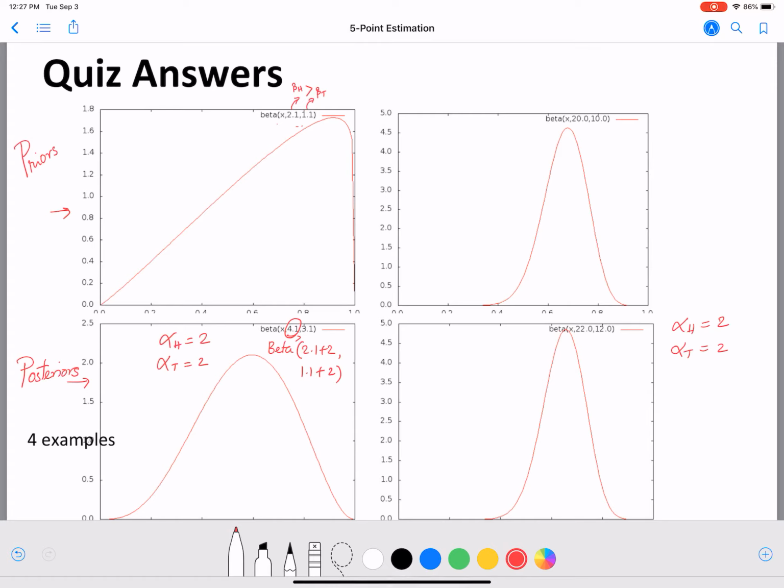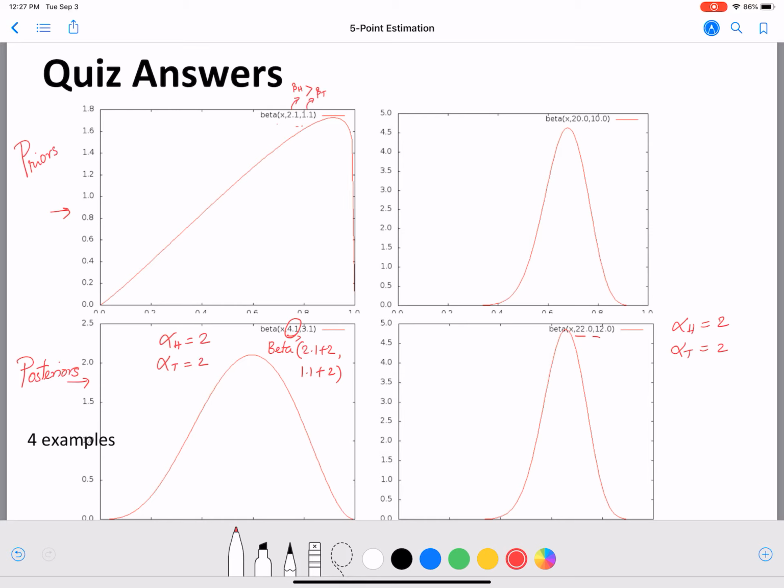Now when we add this to the new beta h and beta t values, we get 20 plus 2, 22, 10 plus 2, 12. Now the difference between these two values is 10, which is way more than the difference that we got between the values 4.1 and 3.1. While the difference was 1 earlier, now it's 10,